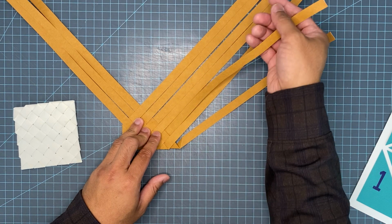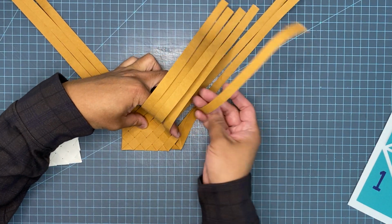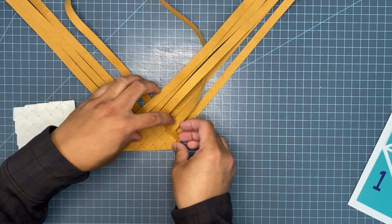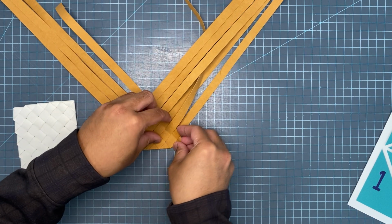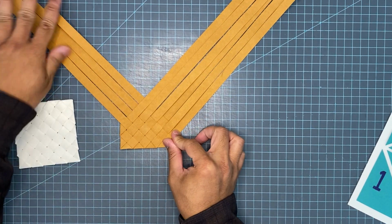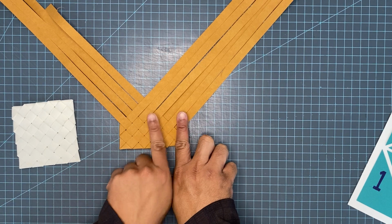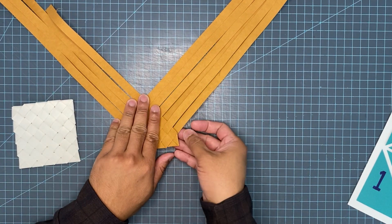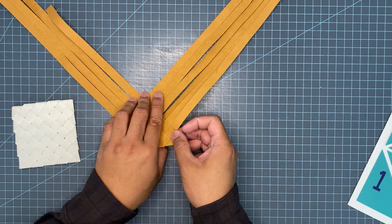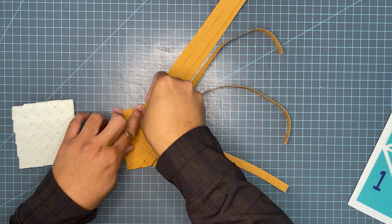So we're going to take this one, and then the rest of these over, bring this underneath, weave it through. There we go. And now we're going to continue making that section 3 right triangle. We need to fold this in such a way that it continues this right edge of this square. So we're going to flip the whole project over, make a valley fold right there,